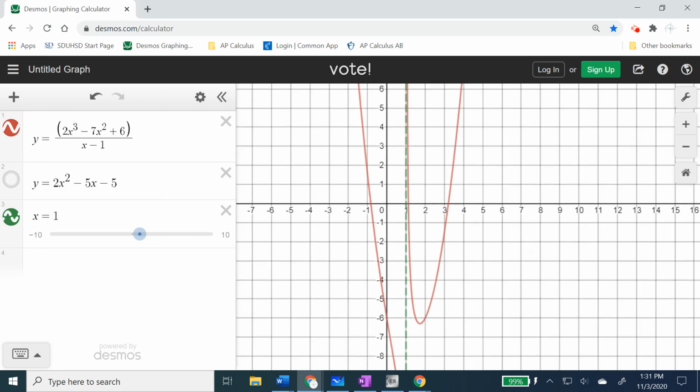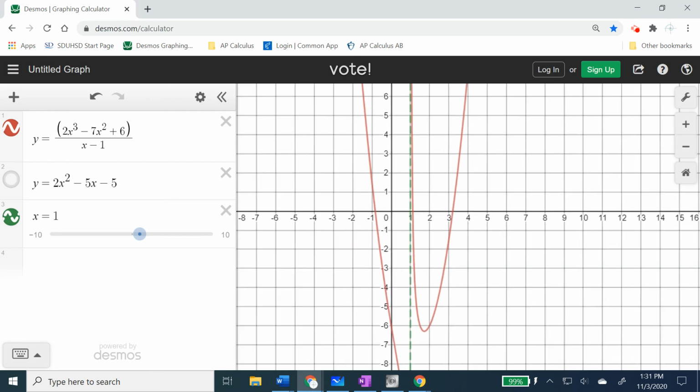I want to repeat myself that you will not have to draw this on your own in this class. This is just allowing you to see the possibilities and also tell you how much information that quotient actually gives you. That quotient is going to tell you